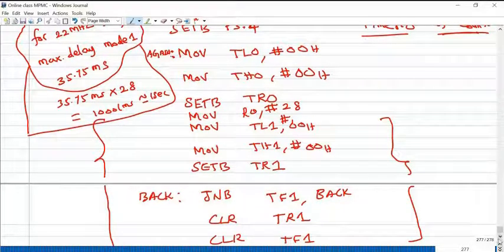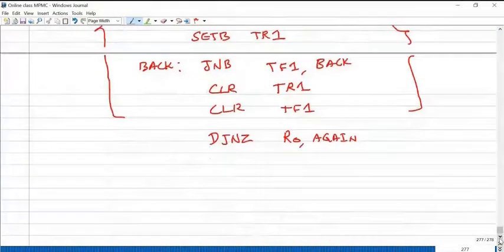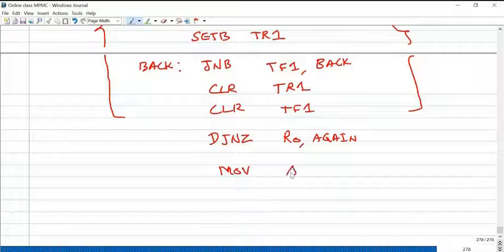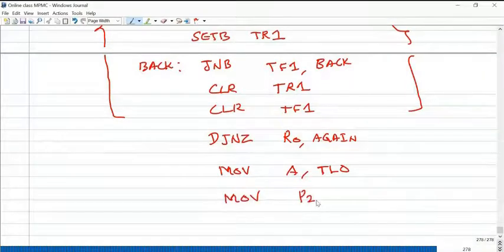Okay. So once the 1 second is completed, then whatever value is available in your timer 0 should be sent to some other port. Say for example, move A comma TL0. At the end of this 1 second, the TL0 count is loaded into the accumulator, and then this is sent to port 2.